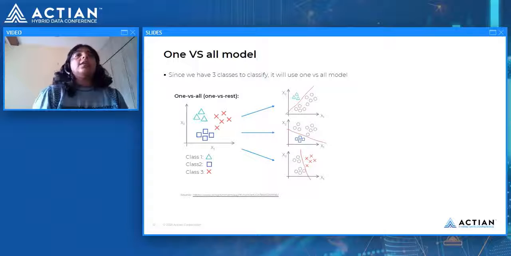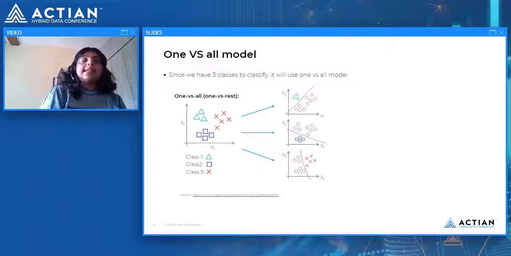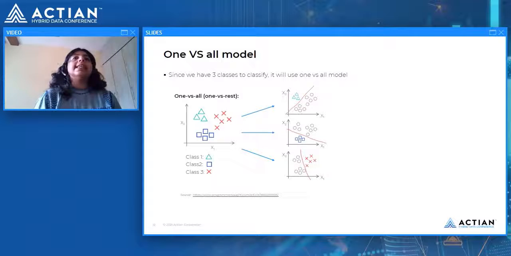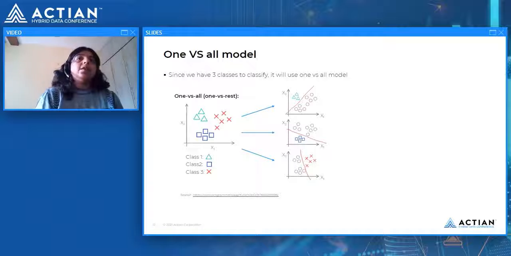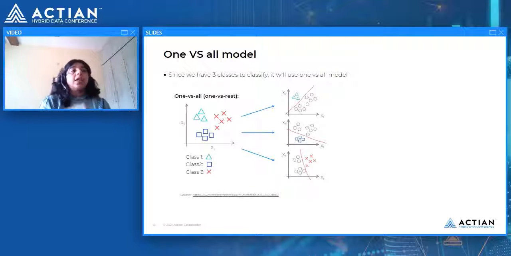So what the model does is that first it will consider the triangles in one class and all the rest of the data in another class. In the second case, it would select the rectangles in one class and the rest in another class.